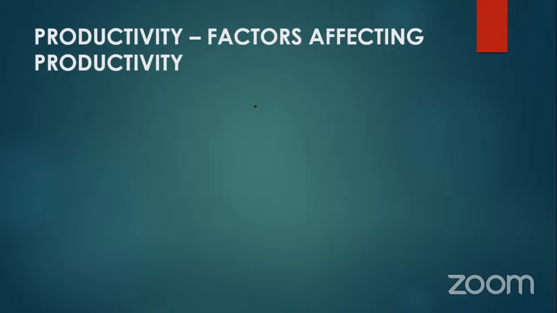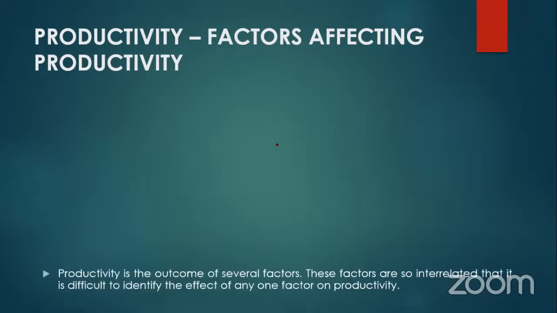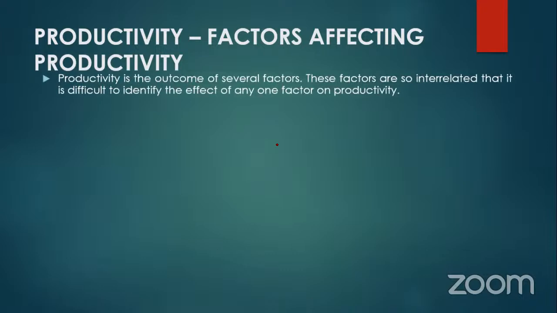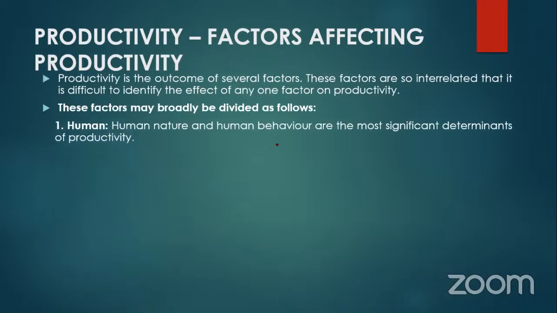Hello. Factors affecting productivity. Productivity is the outcome of several factors. These factors are so interrelated that it is difficult to identify the effect of any one factor on productivity. These factors may broadly be divided as follows. Human nature and human behavior are the most significant